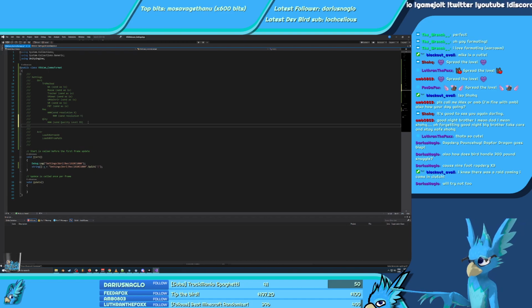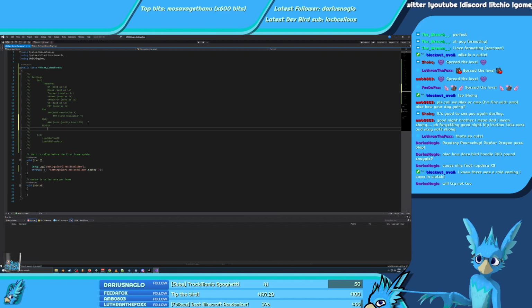Motion blur would be easier, because it's just an on-off. That would be a 0 or a 1. Send either for false or true.